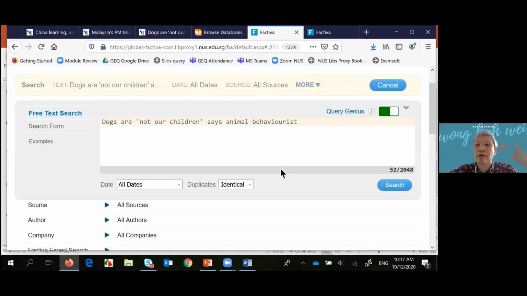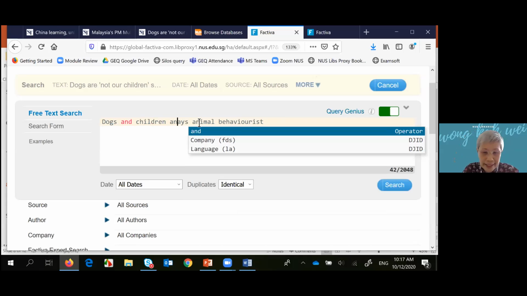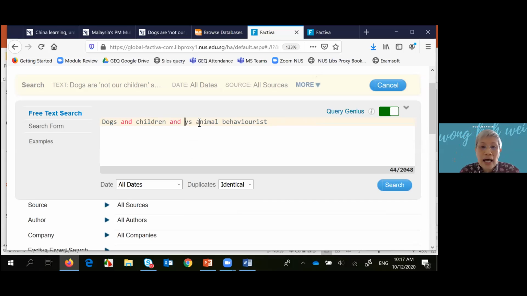So I'm going to repeat that process of using keywords and AND. I'm going to put AND. This "R" is not a keyword, so I'm going to remove that. So is these. I can take out "O" and put "children". Children is definitely a keyword. Taking out the quotes, putting AND again, taking out "says", and "animal behaviorist" is obviously a keyword, right? So I'm going to leave it that way, and then I'm going to search to see whether I